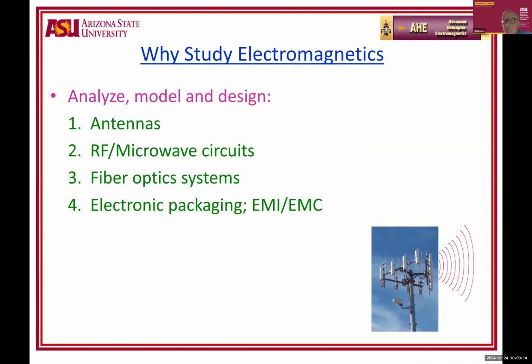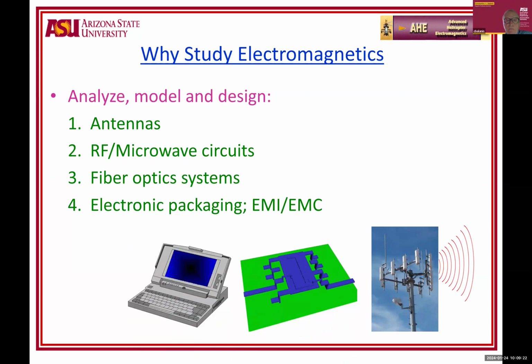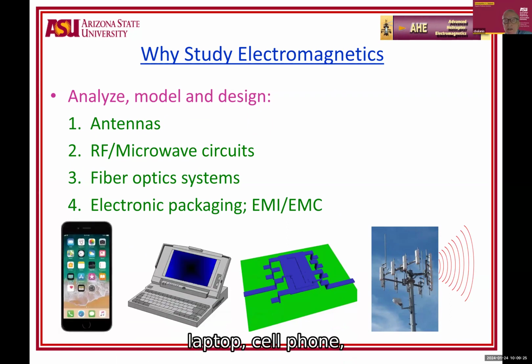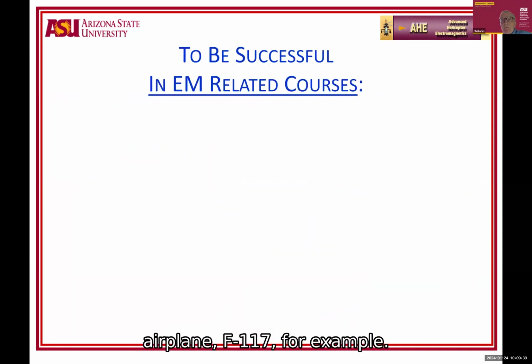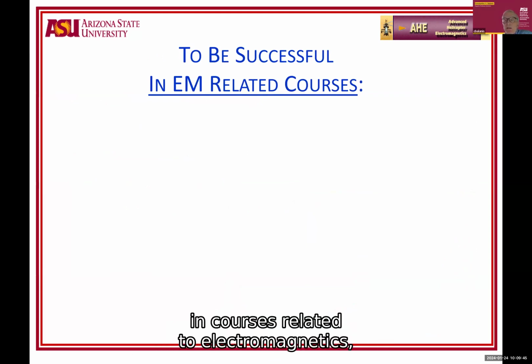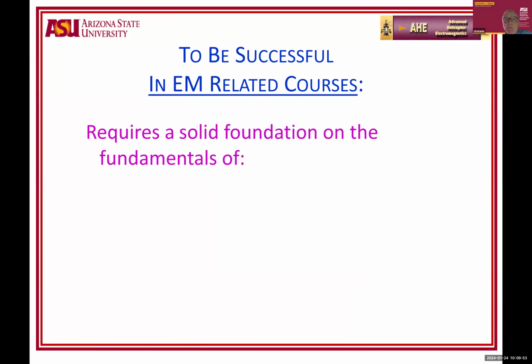Here is a base station. Here is a microwave circuit, laptop, cell phone, stealth type of airplane, F-117, for example. However, to be successful in courses related to electromagnetics, we recommend people that have a solid foundation of